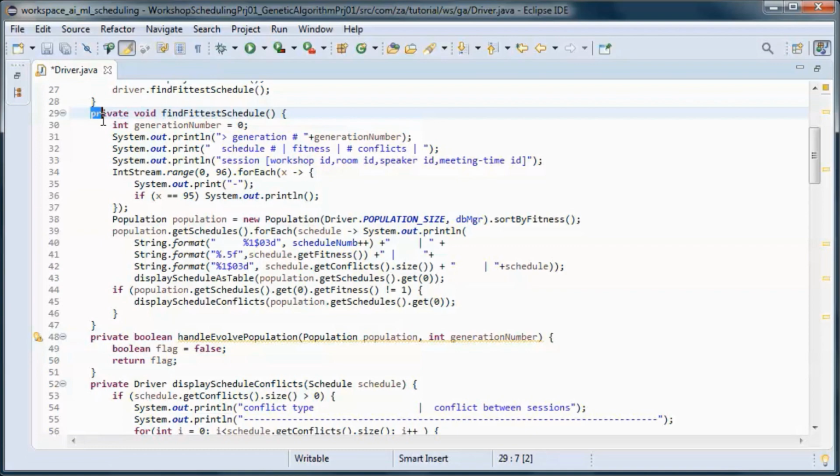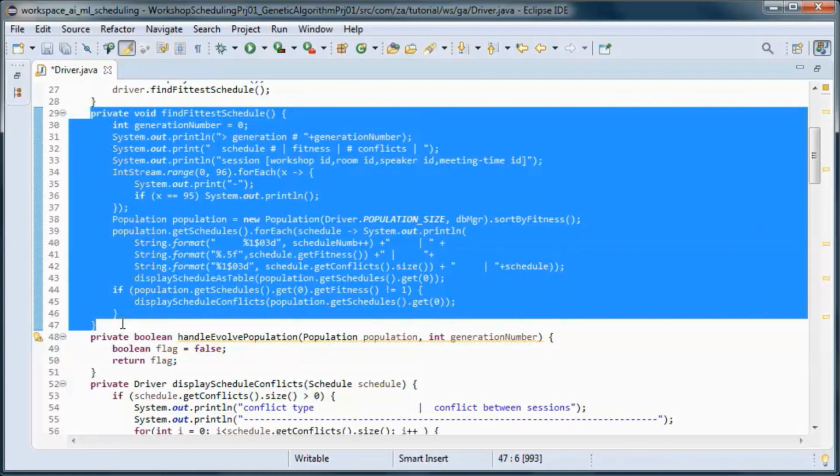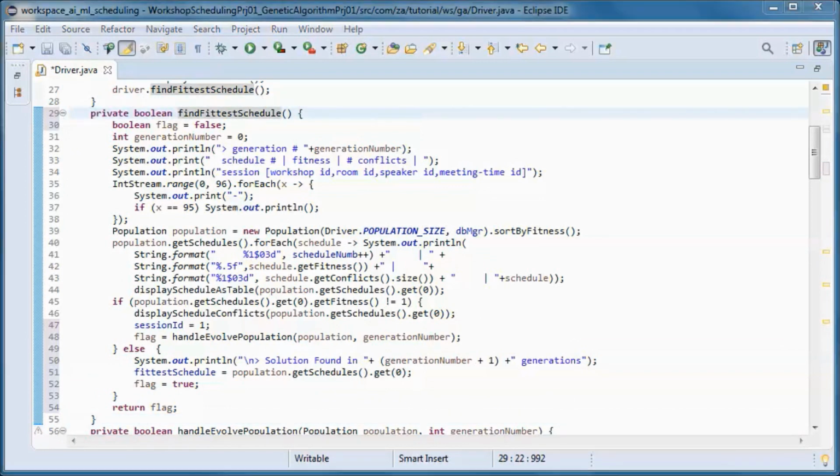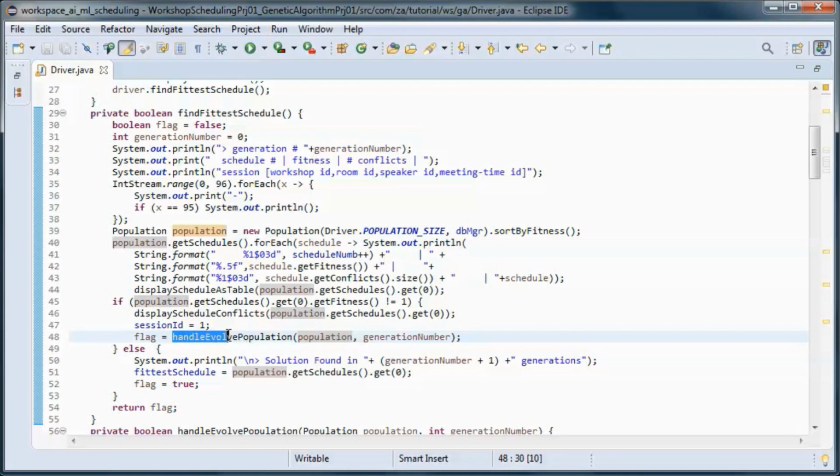and let's change this method. So now it returns a boolean, and here we are calling handle evolve population, and if we found a schedule with no conflicts, it returns true.